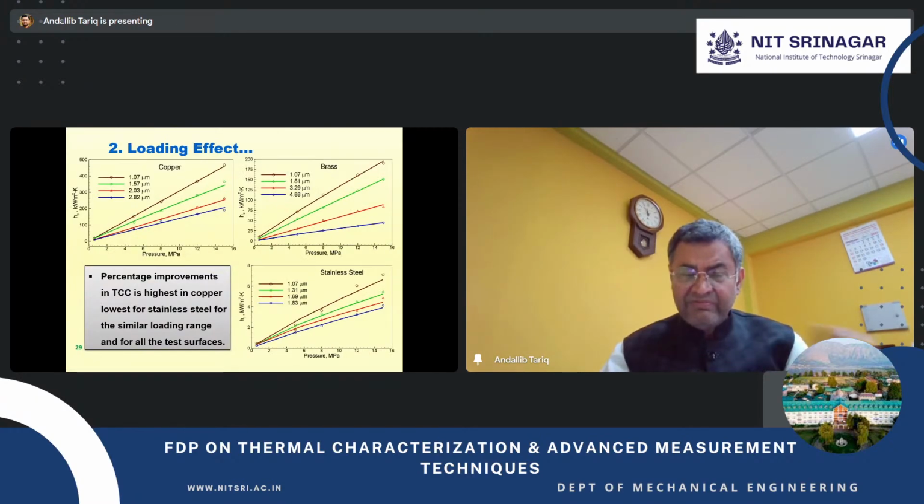Similarly, we fixed other parameters and we did the loading effect. Means we varied the pressure. You can see nominal contact pressure, just in contact. Some pressure has to be there. It's 2, 4, 6, something we have varied. We did with different roughness elements and different materials. And then we have drawn that. These are all the